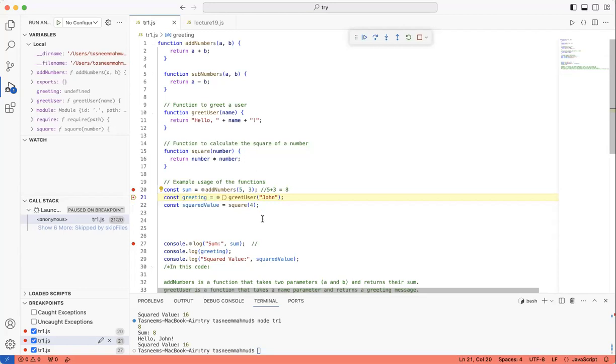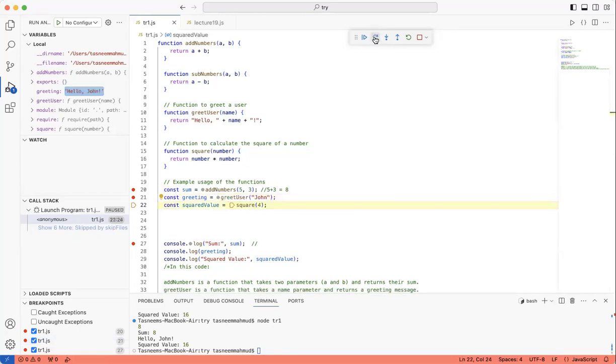No, right? So if I play, it's going to go straight to line 27. But I want to check line by line. Exactly. We press step over, it takes us to the next line. And as you can see, when I press step over, it just ran this individual line and the variable greeting stored hello, John. Does that make sense? Questions, answers, anyone, comments?